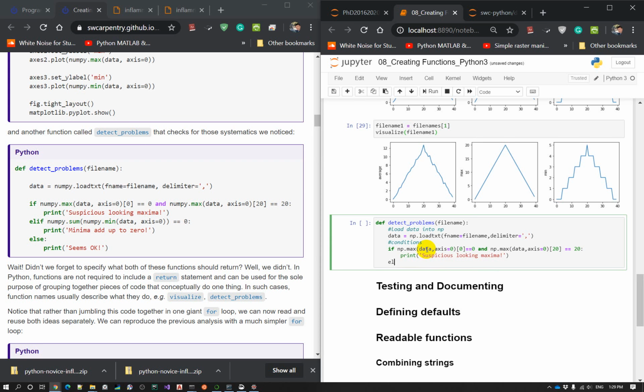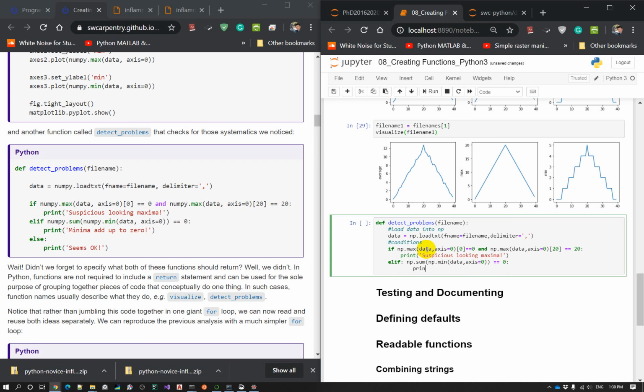Similarly, we got elif, so np.sum of np.min data axis 0 is equal to 0. So we got all the min, or the sum of that is 0. We're gonna print it out, minima add up to 0,